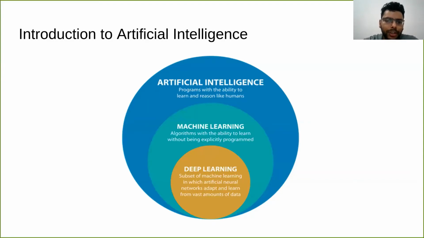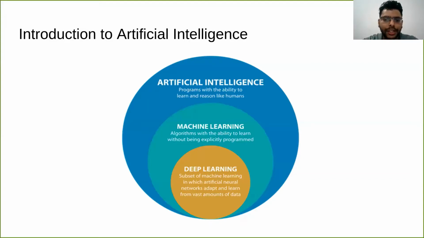When we talk about artificial intelligence, there's this big bubble where everyone is talking about AI. What AI really means is to create some kind of system or agent which can mimic human behavior, or which can carry out activities similar to human beings. In this huge bubble of AI, we have a smaller bubble called machine learning. This is just a part of AI.